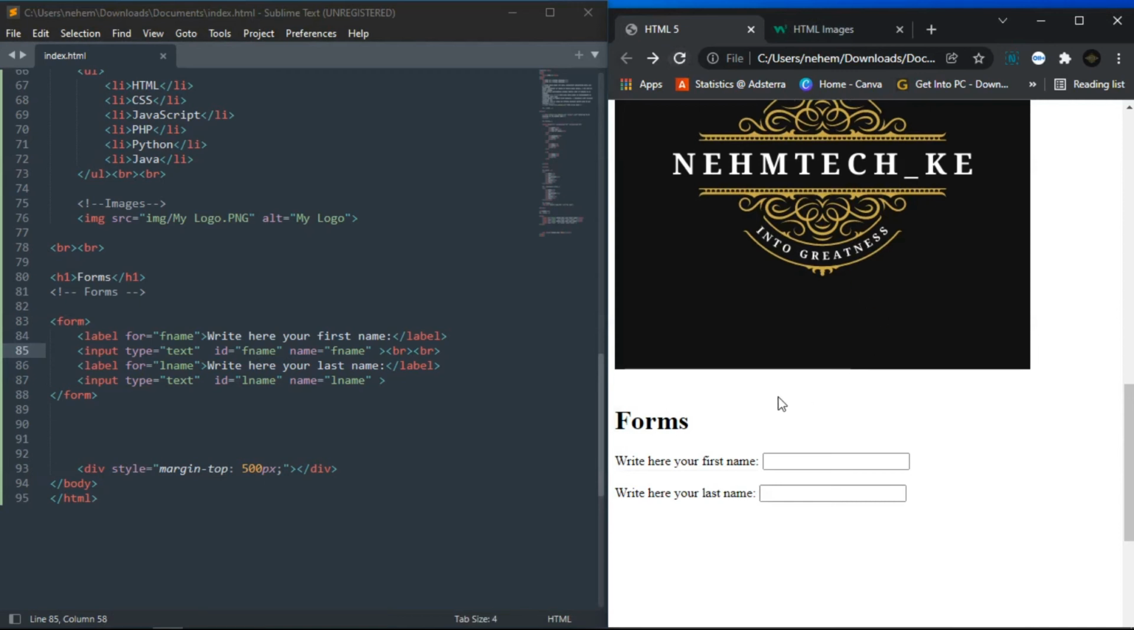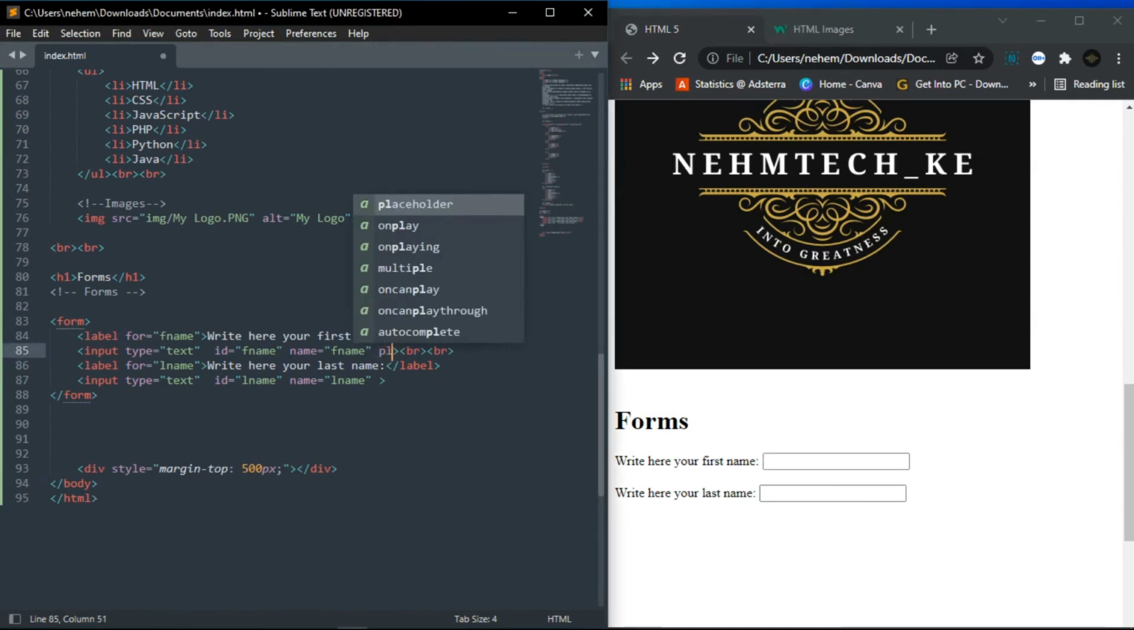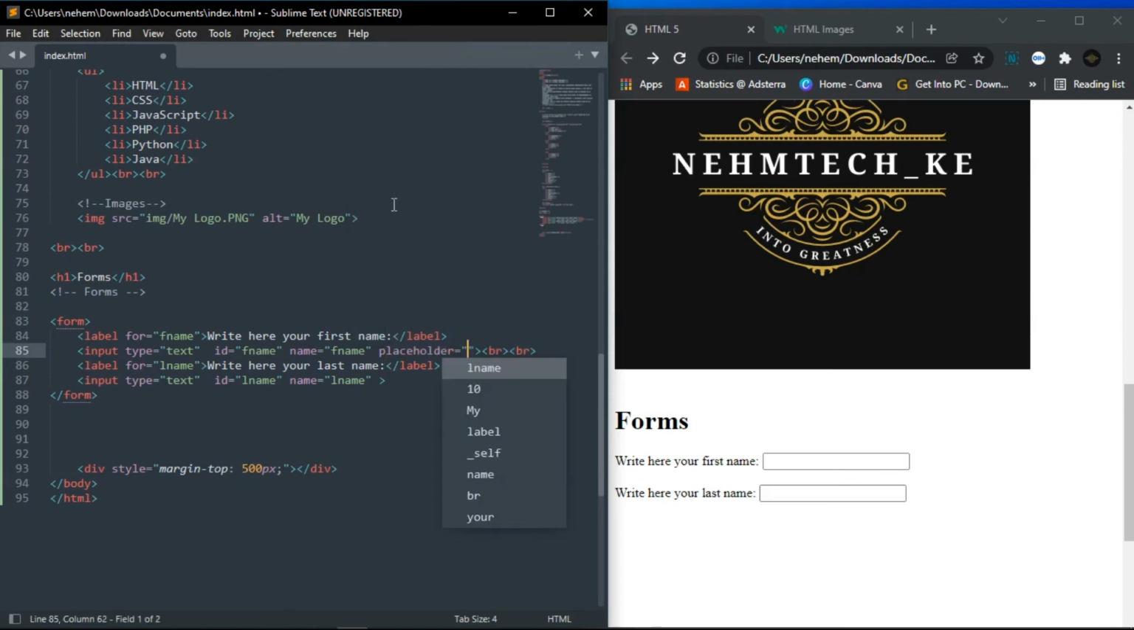You can fill your form here, like the user can add their name. So you can see you have Nehemiah, so someone can just type their name here, but now we want to include the placeholder so that the users may see some text there, so that they may just type their name. So we use the placeholder. You just write placeholder here, and then write first name,